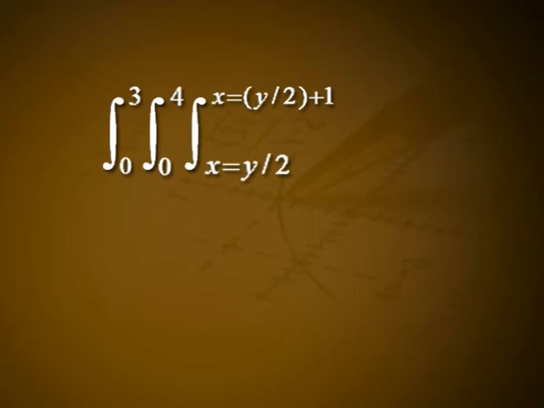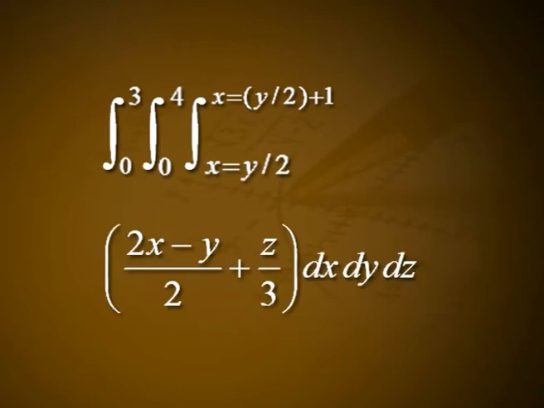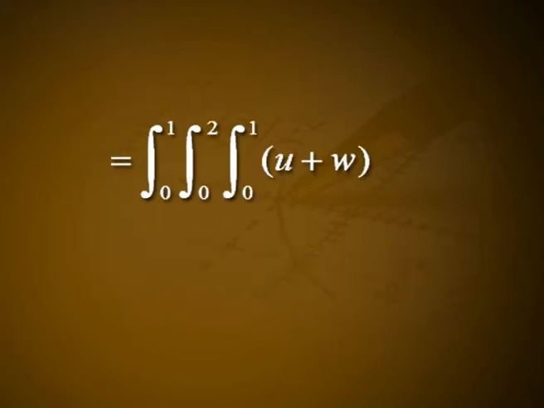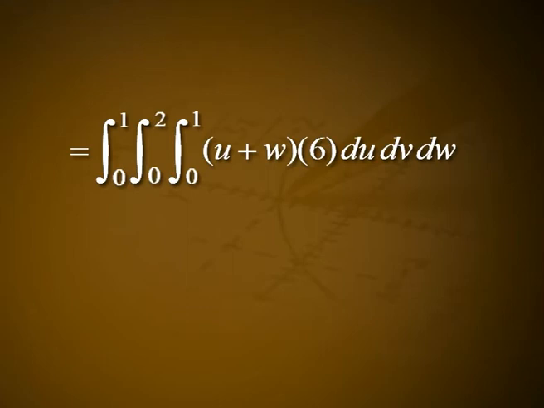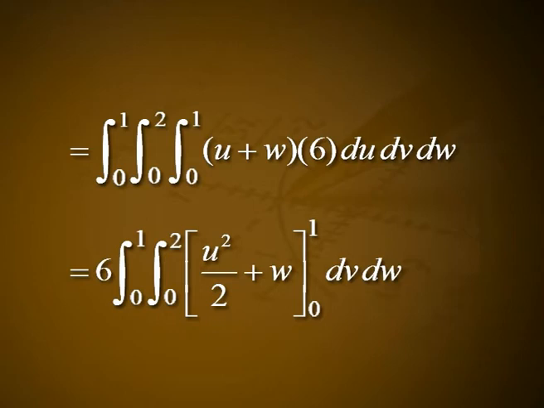With all this information, we have the integral from 0 to 3, the integral from 0 to 4, the integral from y/2 to y/2 + 1, of ((2x − y)/2 + z/3) dx dy dz, equal to the integral from 0 to 1, the integral from 0 to 2, the integral from 0 to 1, of (u + w) times the absolute value of J(u, v, w) du dv dw, that is equal to the integral from 0 to 1, 0 to 2, 0 to 1 of (u + w) into 6 du dv dw,